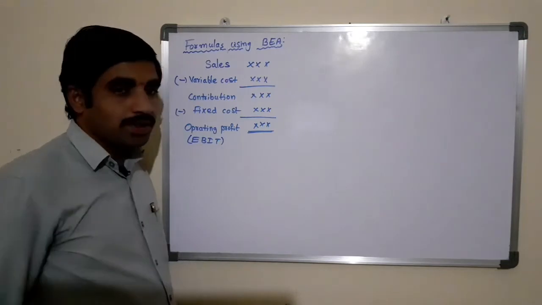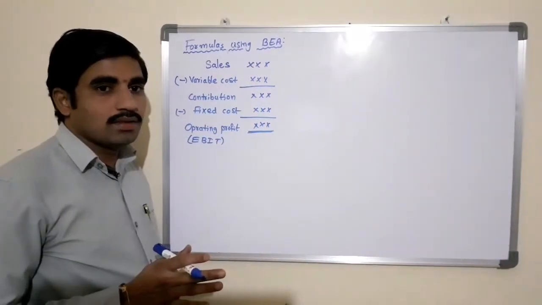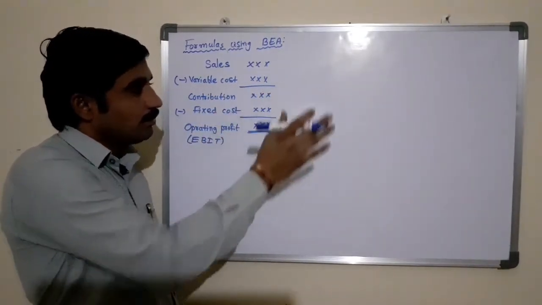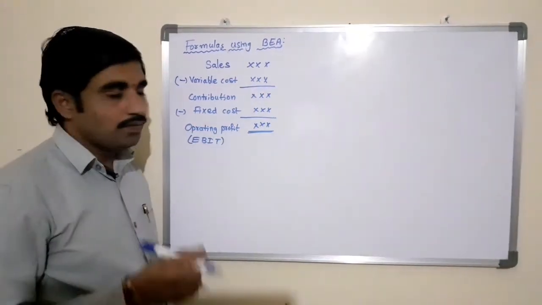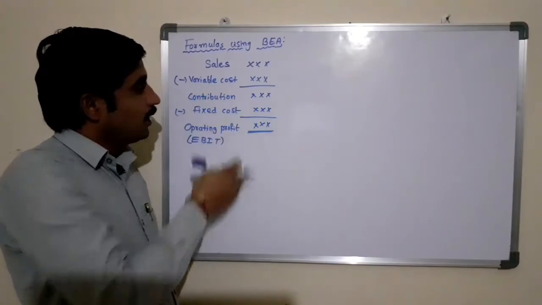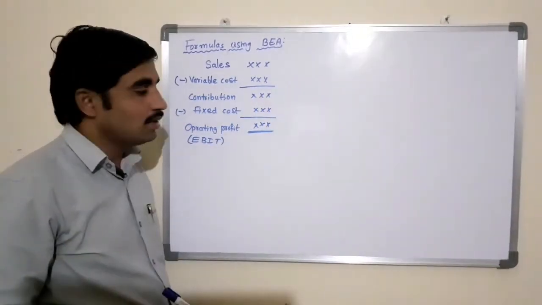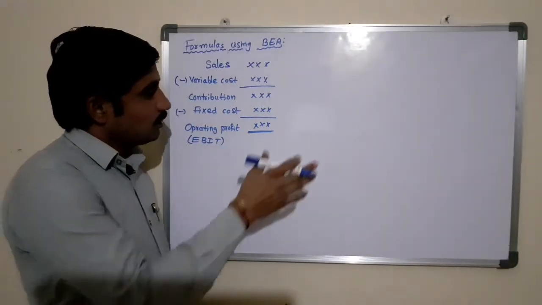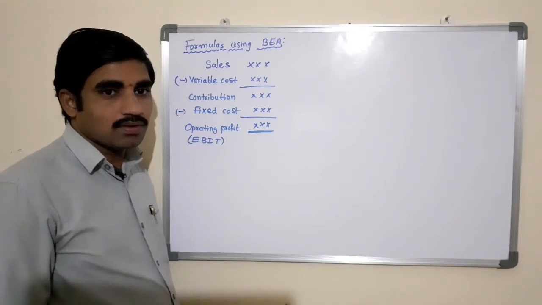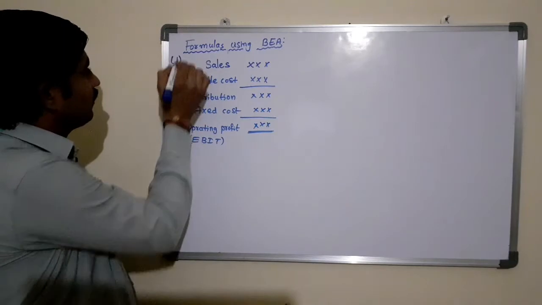That is operating profit. So this is the basic statement that you must remember in order to determine the remaining values. If you are able to prepare this statement by using the information available in the question, you may use it to calculate the remaining information also. This is the basic statement. So from this statement, this is the first one.